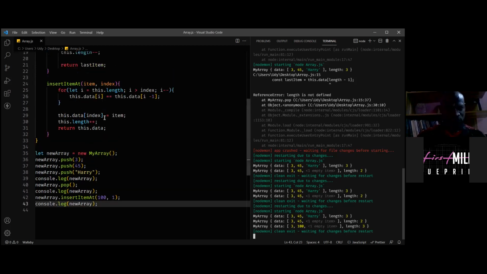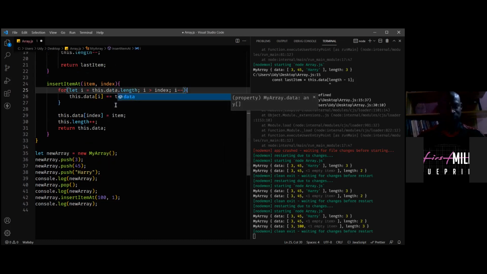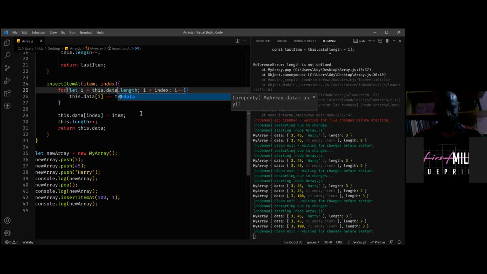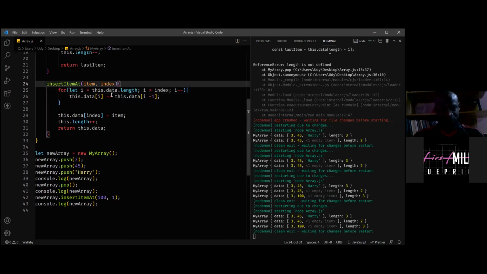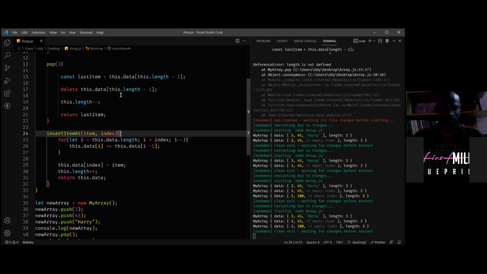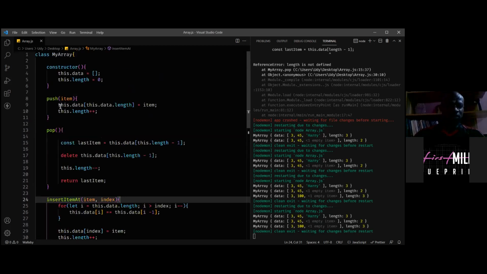I have a question for you. Okay, go ahead. For instance, where we say for, and then let i equal this dot length, because we could say this dot data dot length, right? This dot data refers to the array itself.